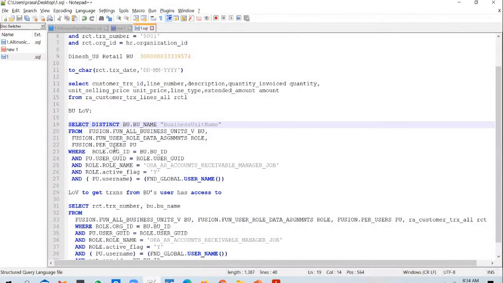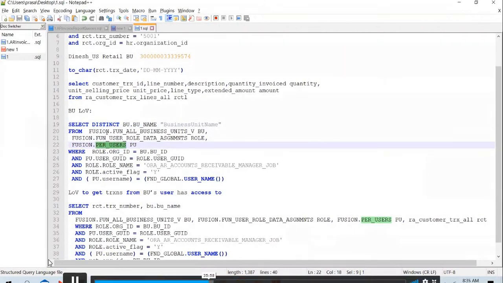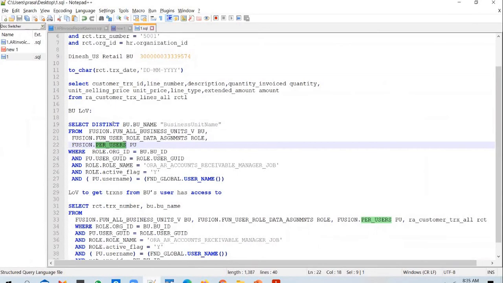In this query, all I'm doing is looking at the users table. Again, how to figure out the user, the table names, and the join conditions, you will have to use the approach that I told you yesterday. We're not going to go through that approach for each and every query. So all I'm doing in this query is looking at the users table, and this FND global.username is a profile option which has the user details. This function will return the username with which you logged in, and I'm querying the users table with that username. And then for that user,